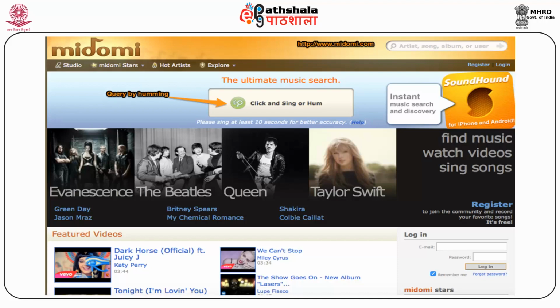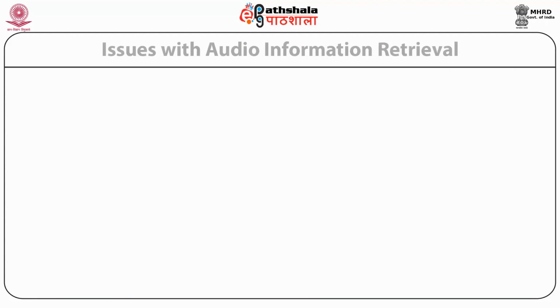This is called a query-based information retrieval system, where the query is by humming. In other approaches, text-based retrieval techniques are used for music retrieval, such as search by the name of the artist, title of the song, file types, popularity ratings, and by keywords.